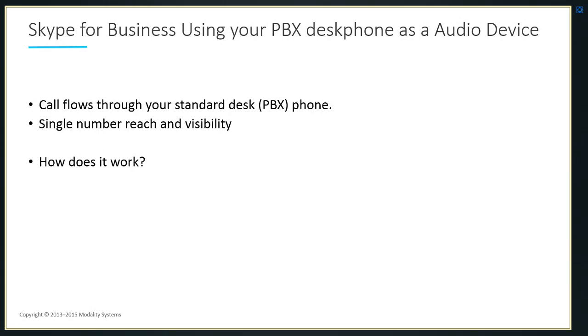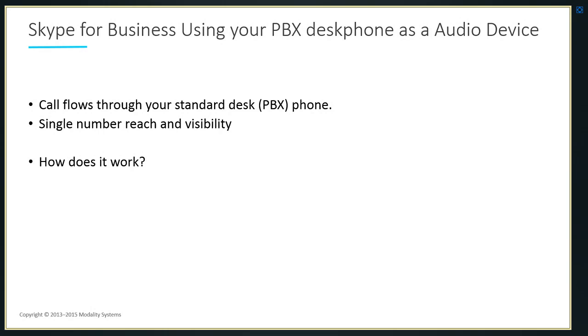What will happen is the call will then bridge off the interoperability of your PBX and actually ring you back on your PBX desk phone. You pick up that desk phone at the side here, and you'll hear the ringing tone of the actual original destination telephone number you entered into the Skype for Business client. Then what's happening is the call is bridging off the Skype for Business server estate, but using your PBX as the vehicle to do that telephony call.